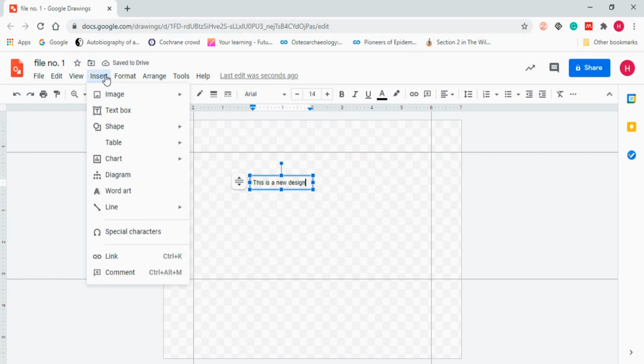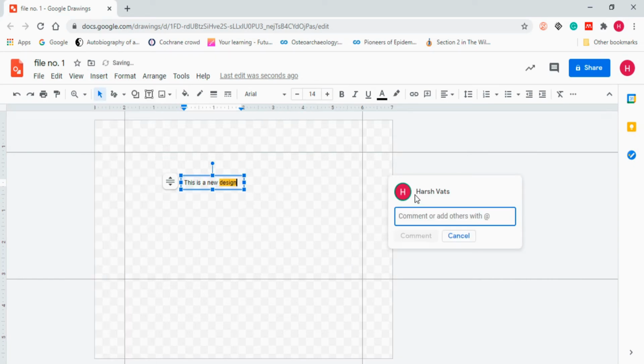After that, in the end, we have a comment section in the insert section. When you click on it, you will see an option that will open up with my name, because when you share it with multiple people and every person comments, in the end when you get the slide, you won't be able to recognize what person has said what. Then this name will come in handy.